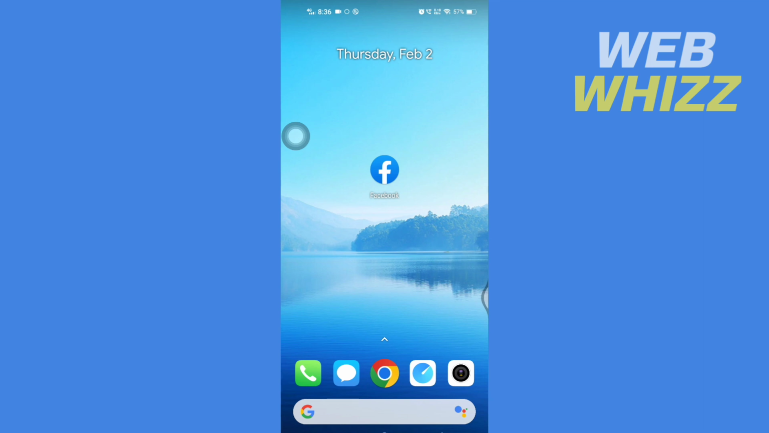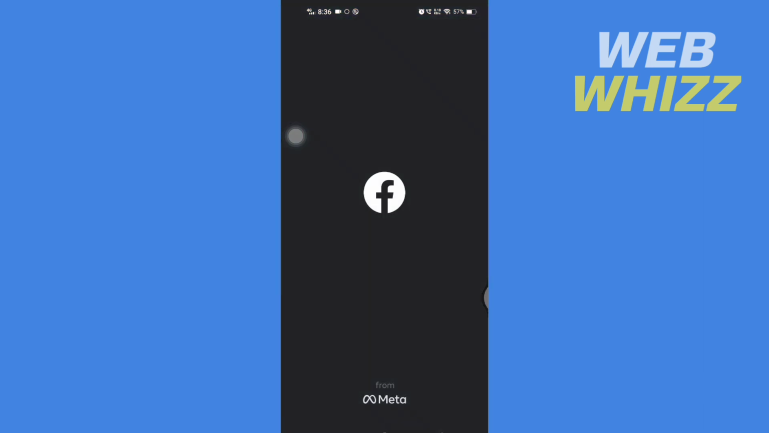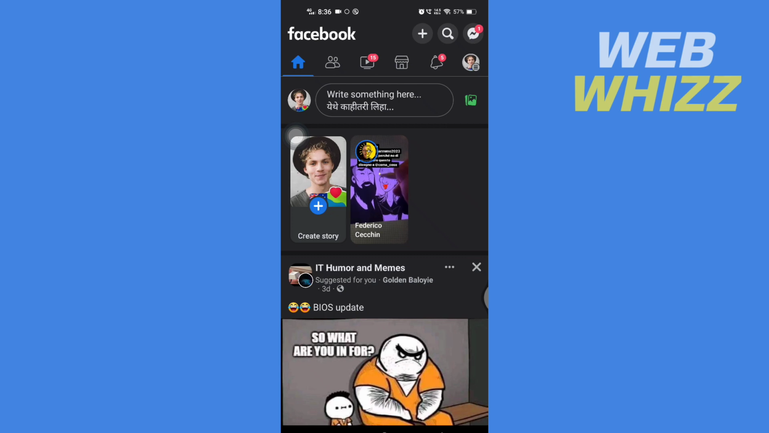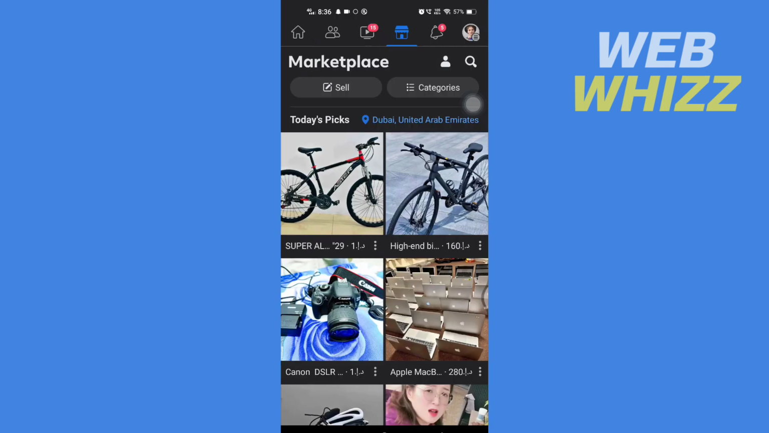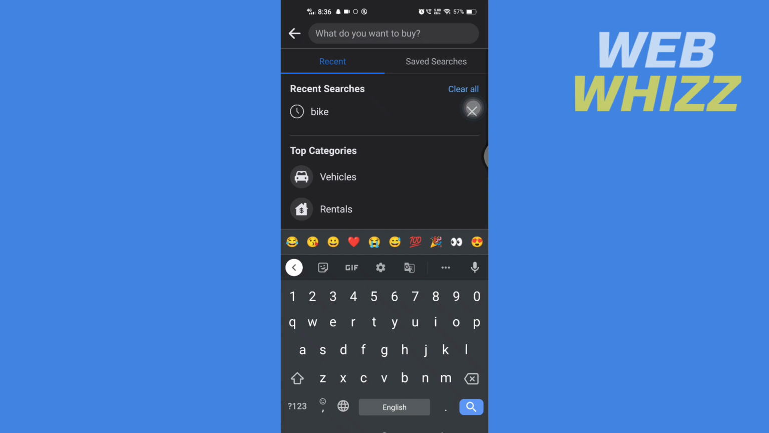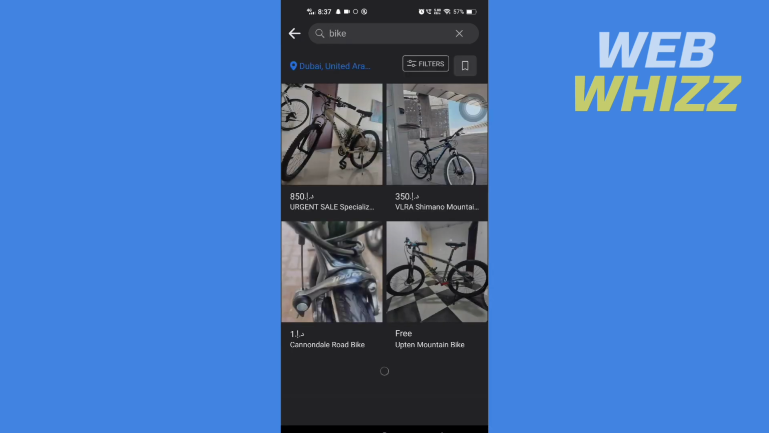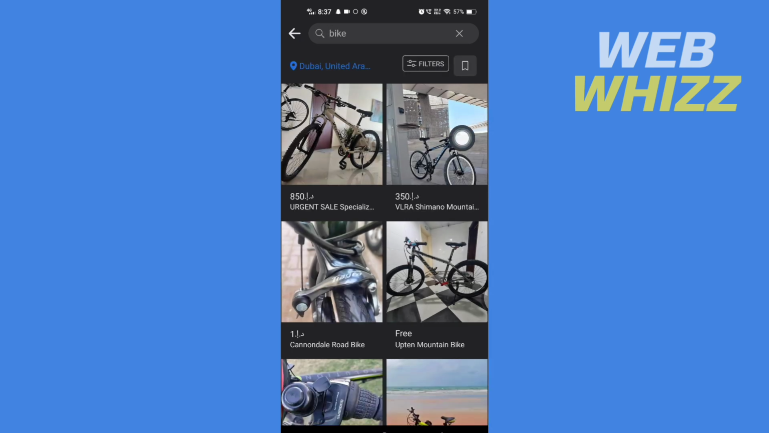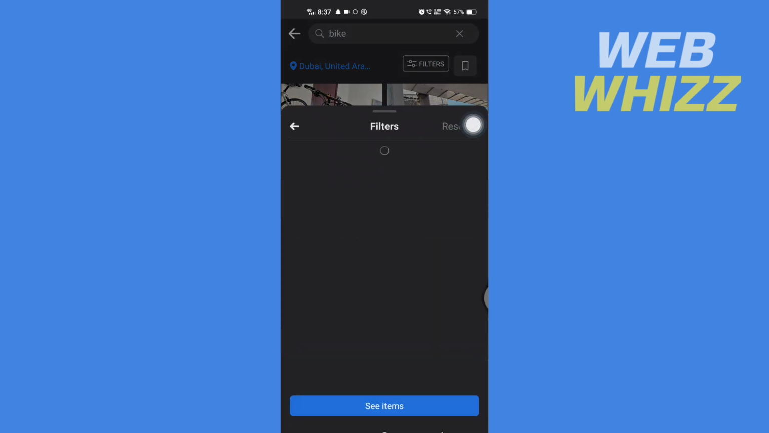So first, open up your Facebook app, and then once you're in your Facebook app, tap on the Marketplace here. Then once you are in Marketplace, search for the product that you want. So I'm just going to search for bike, for example, and then after you search, you have to tap on filters,